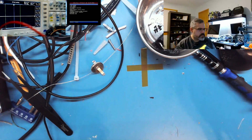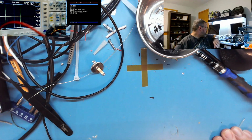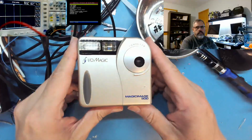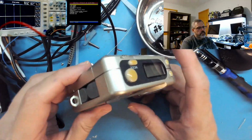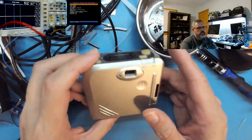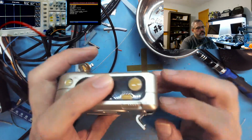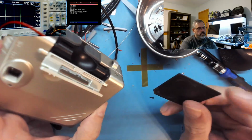And then we switched to, we bought, where'd you go? Here you are. This is a Magic Image 500. And this was our second digital camera. We used this one all the way up until we bought the Olympus, and it uses SmartMedia, which was the